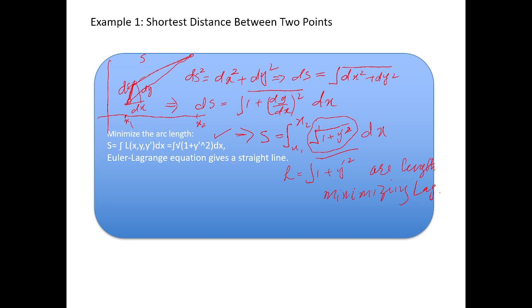The clear cut shows that the shortest distance between two points lies on the straight line. So what is the Euler-Lagrange equation? The Euler-Lagrange equation is partial L by partial y minus d by dx of partial L by partial y dash. So this is 0 because in the Lagrangian there is no y, so 0 minus d by dx, and this will give me, you see this is under root, so let's do it here, partial L by partial y dash